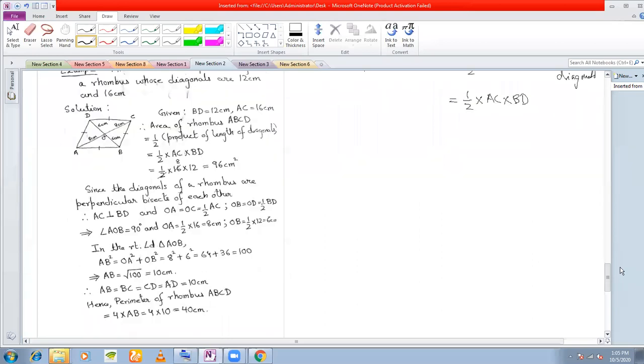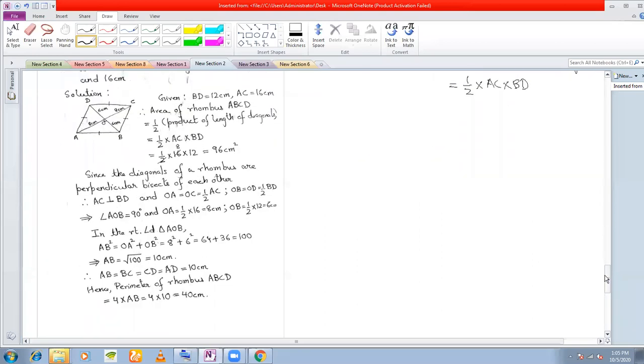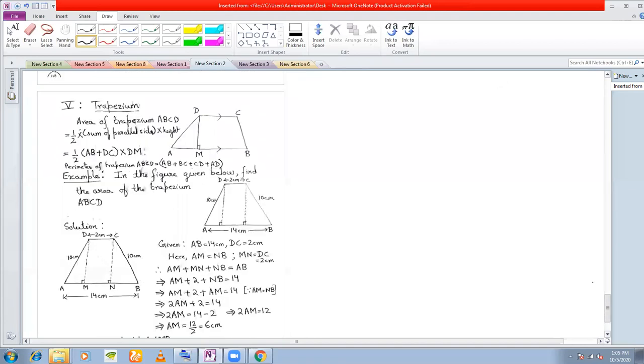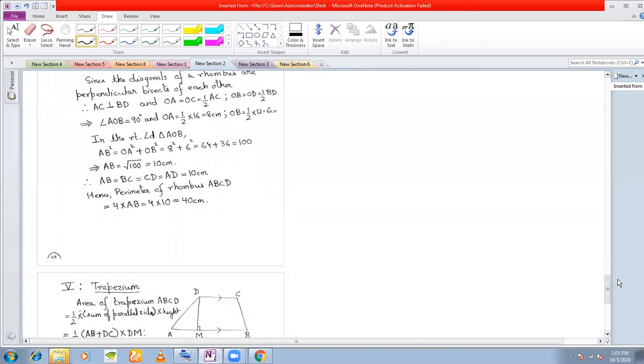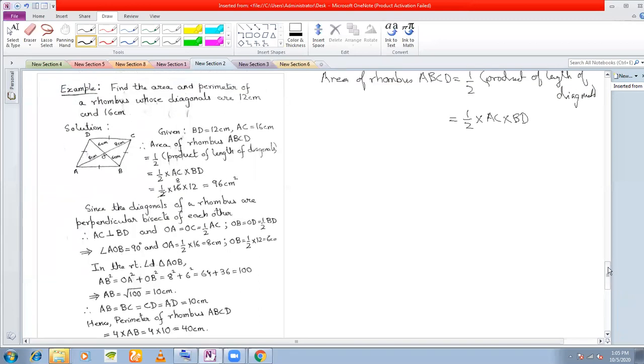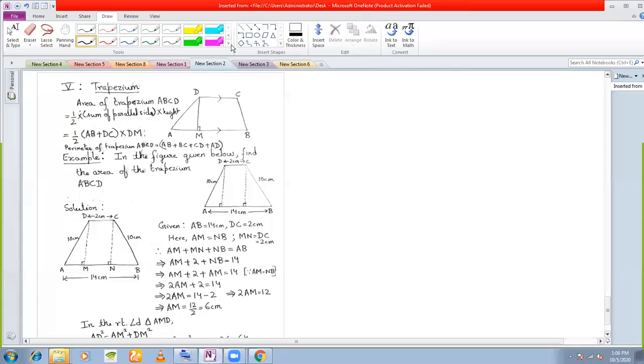Okay, now this problem, you can go through this problem. I won't discuss this problem much, because I have the trapezium to discuss, and this problem is a little detailed. But what you will have to remember is the properties of the rhombus. Whether we are doing quadrilaterals or not, you will have to remember the properties of the quadrilateral. Let us now start with the area of trapezium.